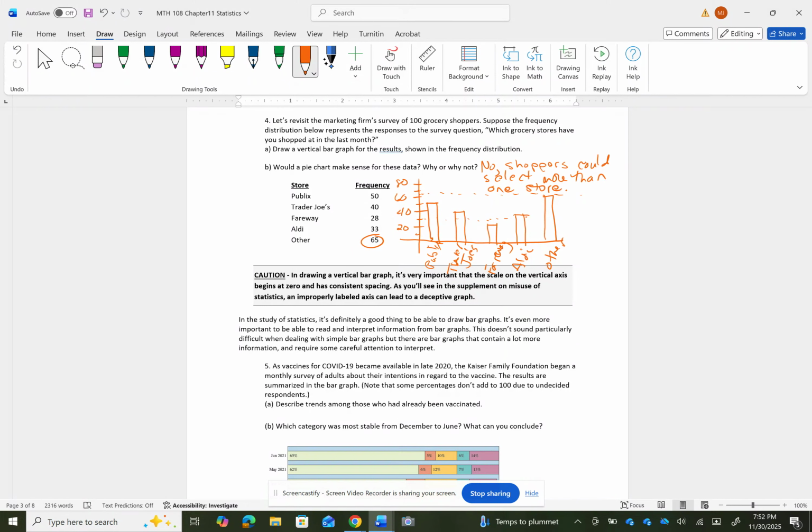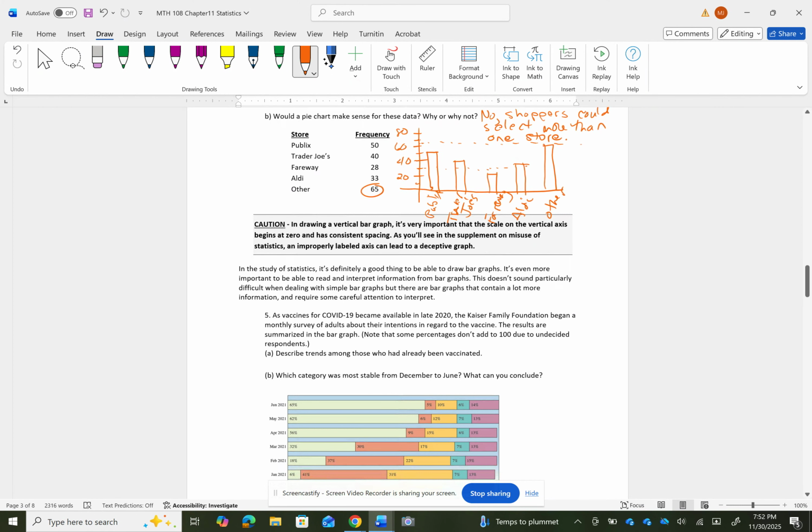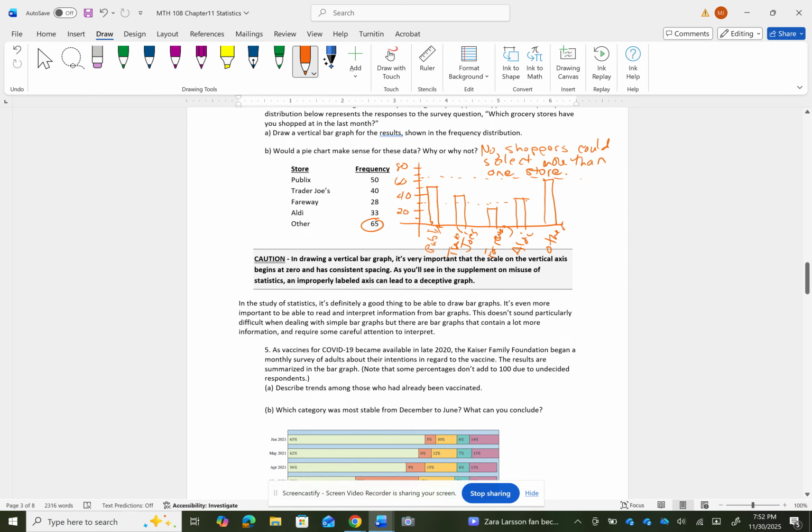Now, bar graphs can sometimes be drawn horizontally, and they're sort of like histograms in some respect. But what they do is they allow you, again, at a picture to see that Publix and Trader Joe's are very popular. Okay. And you can kind of get a sense of people's shopping habits in the area. All right, now